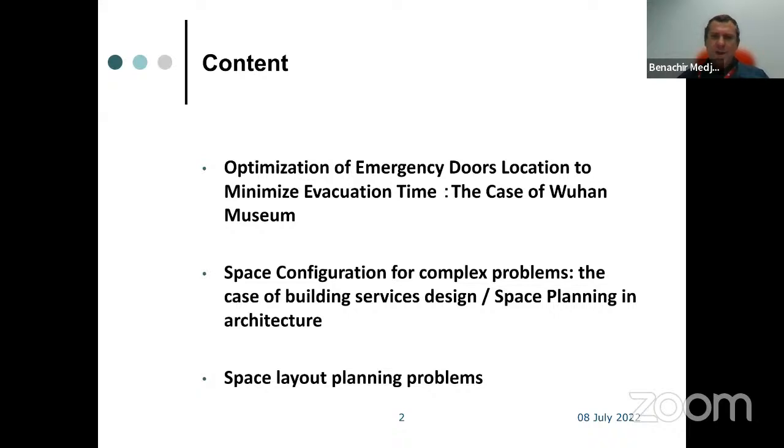It's about optimizing emergency door location to minimize evacuation time. The case study here is a museum. The second project I will present is the development of a prototype which automates the design of building services.